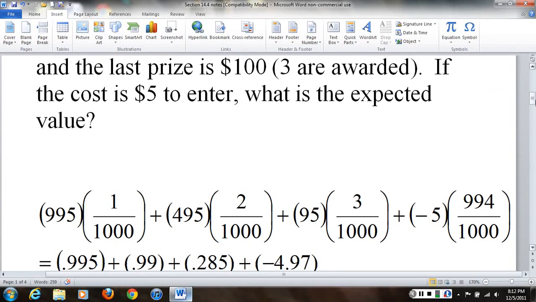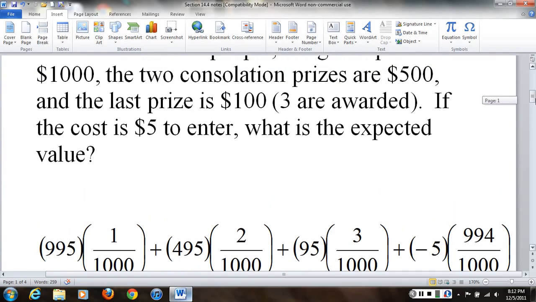So let's look at each of our possibilities. The first possibility is that we win the $1,000, we win the big reward. So that's my first probability over here. Let me move this up here so there's not too much information on the screen. That's 995. Now you wonder why it's not 1,000? That's my value. We want to consider the overall value. I'm taking away $5 because I've paid $5 to enter this contest. So even if I win, I've already lost $5. So I have to take that into account.